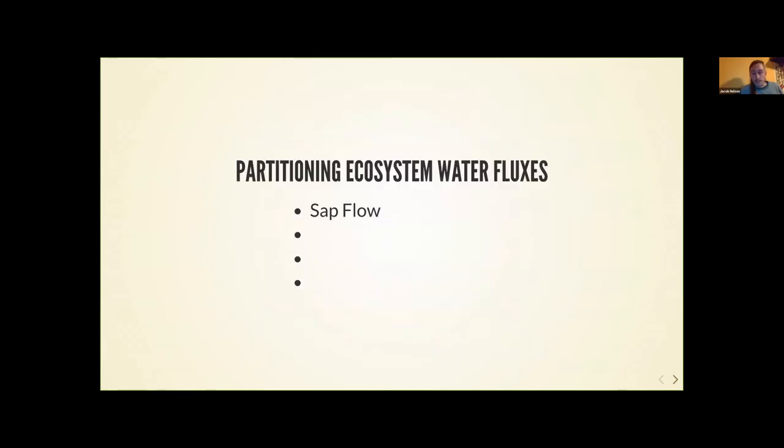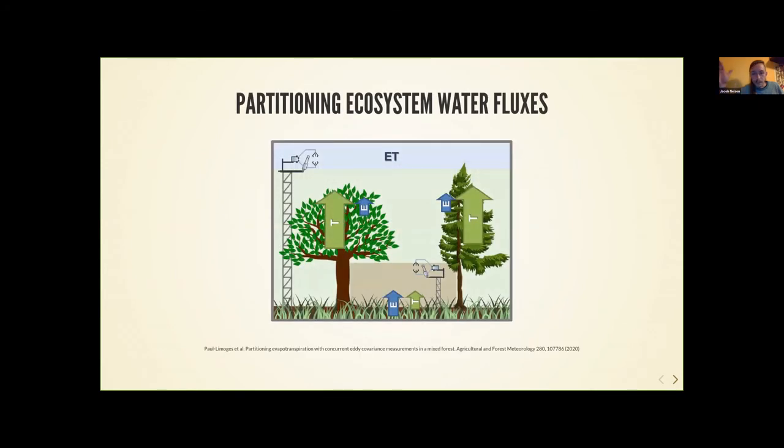But apart from SAPFlow, I would say one of the next most popular methods is above and below canopy measurements. So this is taking a measurement up above the canopy and below, and using that to separate what is maybe a more transpiration dominated flux from the top to a less transpiration dominated flux at the bottom. Of course, SAPFlow and the above and below ground methods both suffer from the fact that understory transpiration is not really accounted for, but it's at least getting this biological signal.